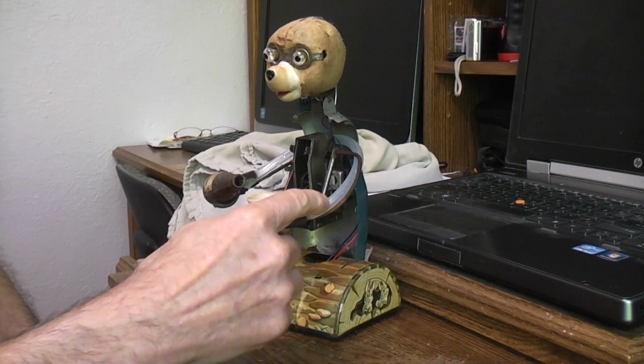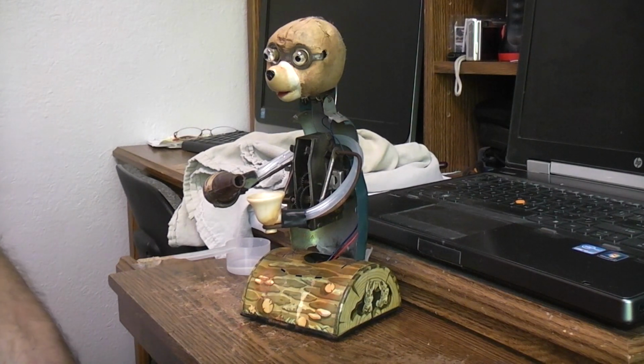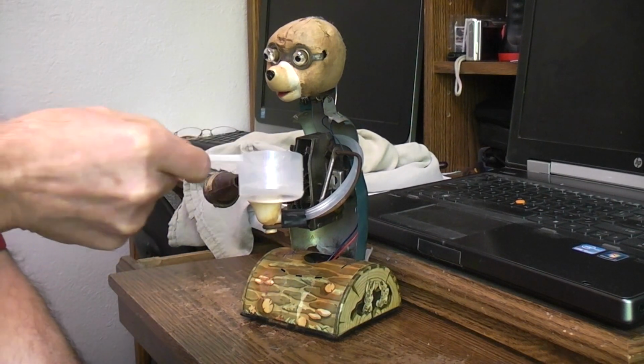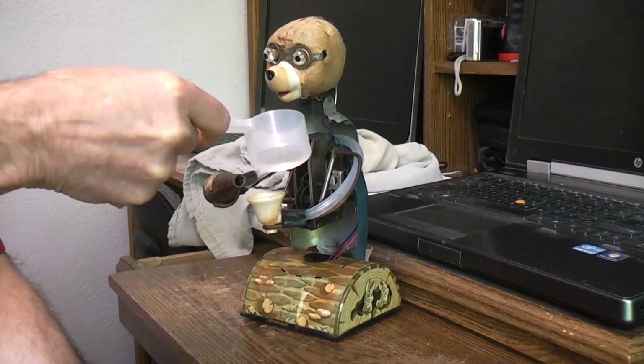So I'm replacing this one with a silicone rubber tube, which should last forever. And I thought before I put all the clothes back on it, you might want to see what's going on. So basically, you put some drink. In this case, I'm going to use water because I know it's going to spill,